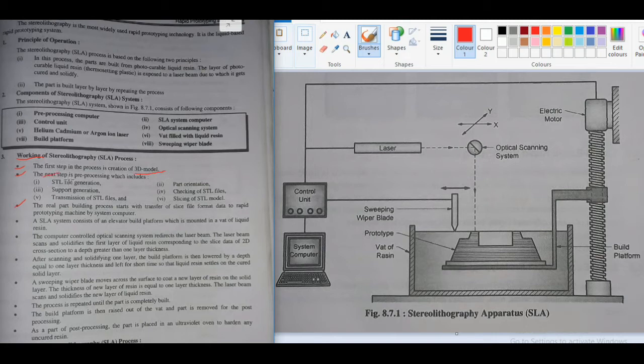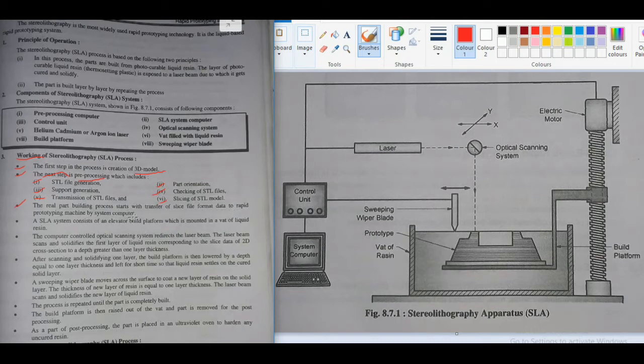The next step is the pre-processing. Here first is STL file generation, then second part orientation, third is support generation, fourth is checking for STL file, fifth is transmission of STL file, and sixth is slicing of STL model.